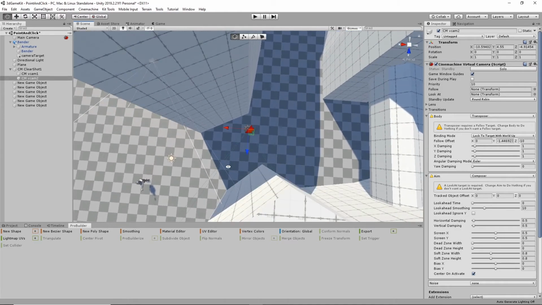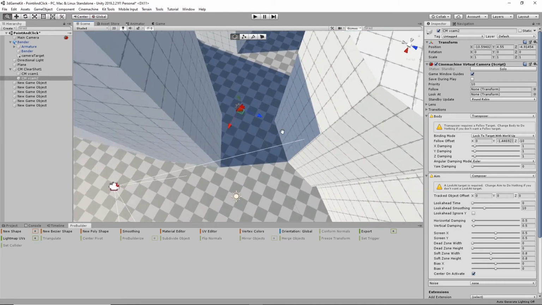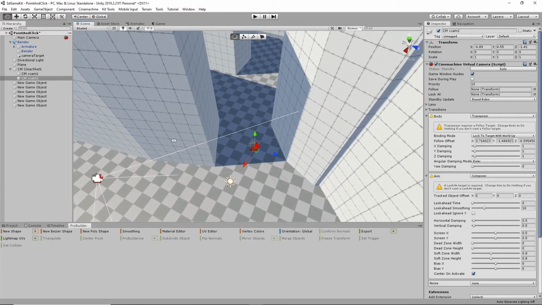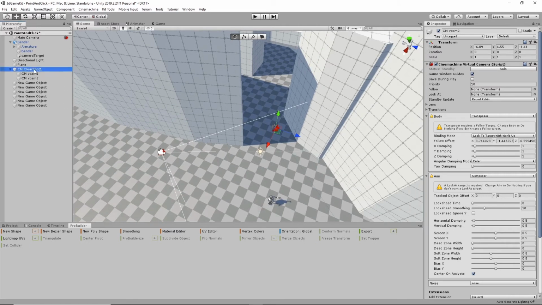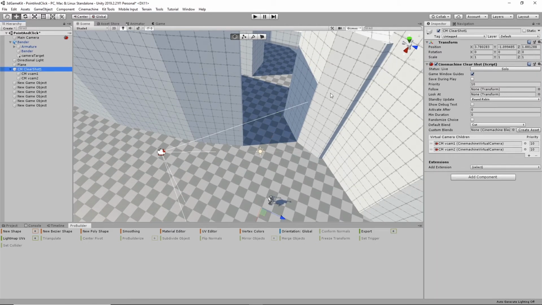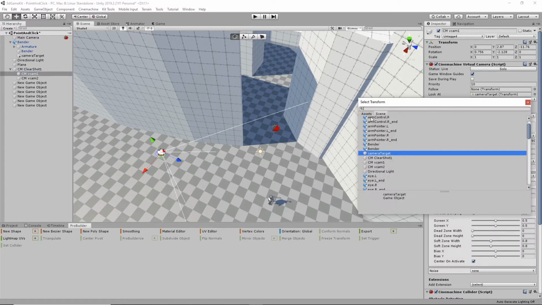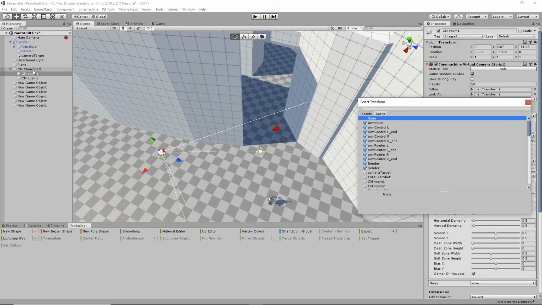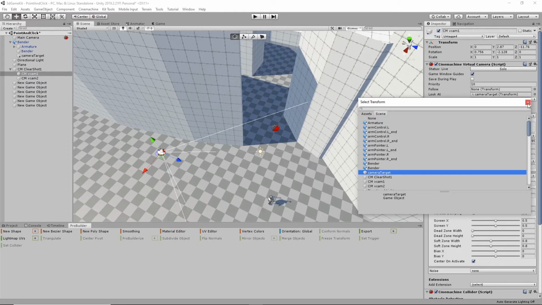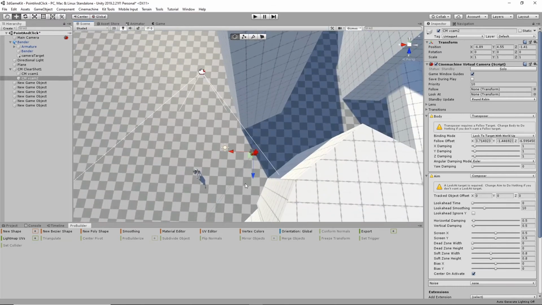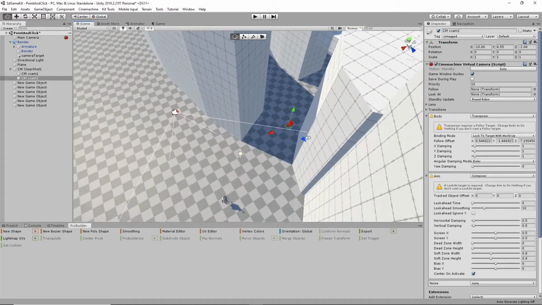The trick will be, you have to kind of play around with this a little bit. The look at is actually on this VCam1. I'm going to break that and put it in the Clearshot, so that everything targets. So the problem is then you can't see that this is going to look at him when it's chosen, but it will. I'm going to put it just out of sight,